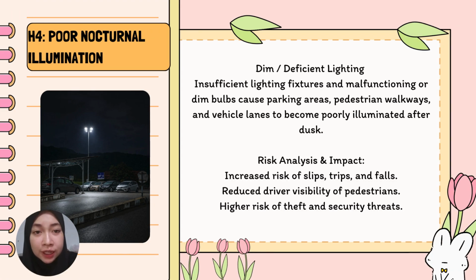all users. Now, we're moving on to hazard 4, which is poor nocturnal illumination. Dim, deficient lighting, insufficient lighting fixtures, and malfunctioning or dim bulbs cause parking areas, pedestrian walkways, and vehicle lanes to become poorly illuminated after dusk. Risk analysis and impact: increased risks of slips, trips, and falls, reduced driver visibility of pedestrians, higher risks of theft